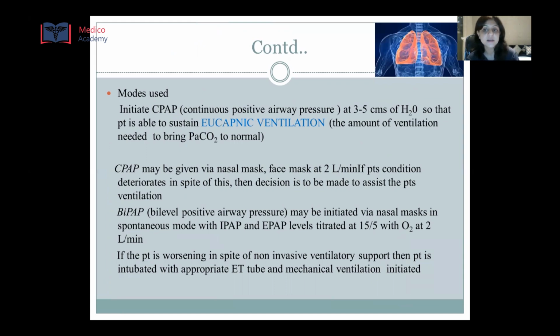Now if in spite of this, the condition of the patient deteriorates, then we have to make a decision to assist these patients in ventilation even more. So we can have a next mode, which is the BiPAP, which is bi-level positive airway pressure, which may be initiated with the nasal mask in spontaneous mode with IPAP and EPAP levels titrated to 15/5 with oxygen at say 2 liters per minute. Now, if this patient, despite this, is worsening, then the patient is now in need of invasive ventilation, and we go ahead with intubating the patient with an appropriate endotracheal tube and initiate the mechanical